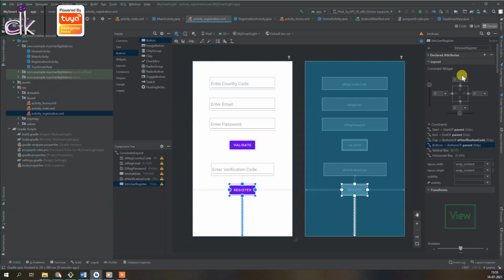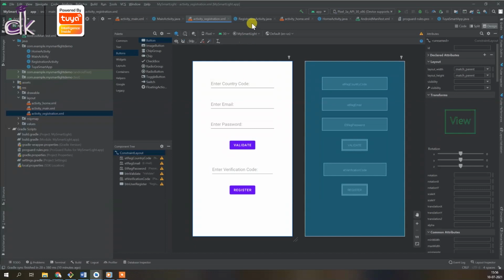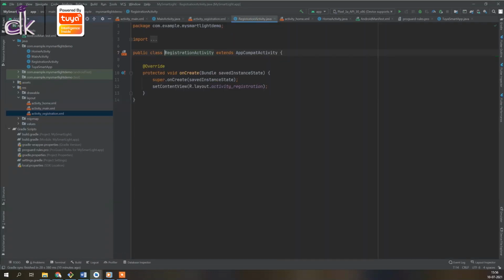Okay, so make sure you name it btn user register and add the text as register. So this is the layout for the registration activity, and let's actually go to the registration activity and write our code. Okay, so first we'll need to add all the edit texts. I'm just going to create all the widgets.